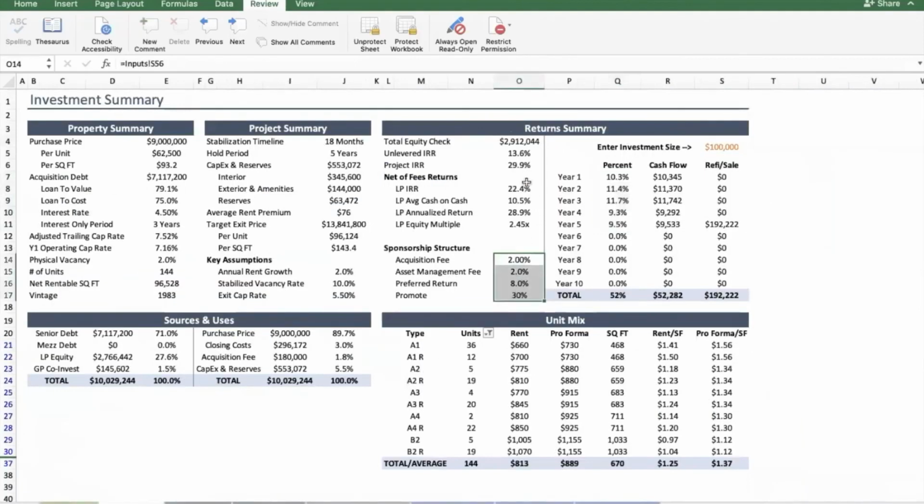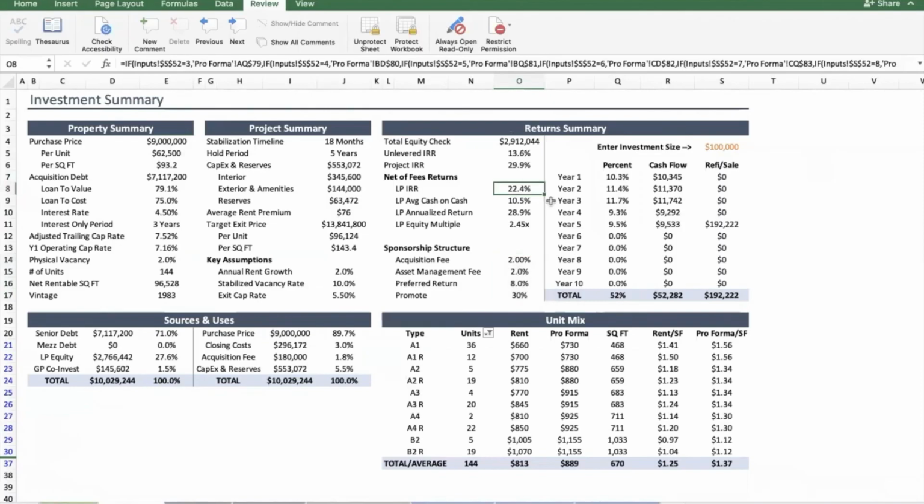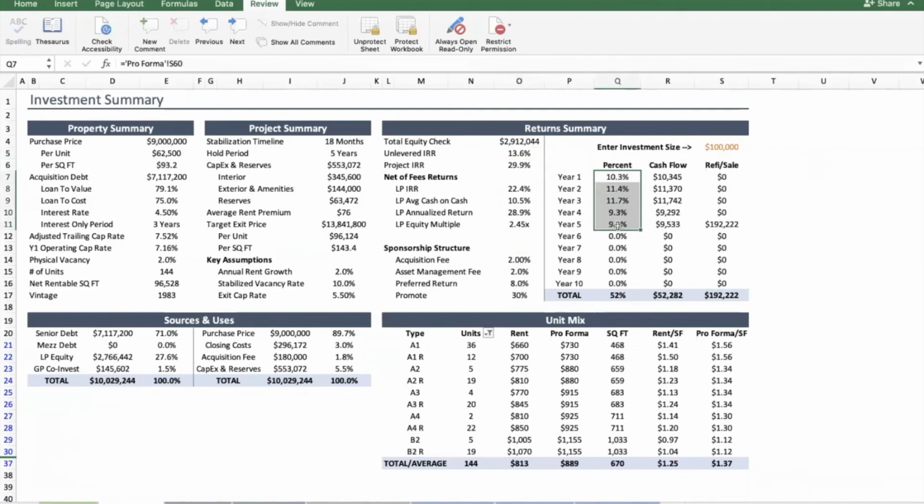Deal's a 22% IRR and a 13.6 unlevered. So we talked about this is above the high end. This is a fantastic deal. Before that 13%, yeah, you can't get much better. Exactly. Sure. Yep. And you can see here, on average, the cash flows